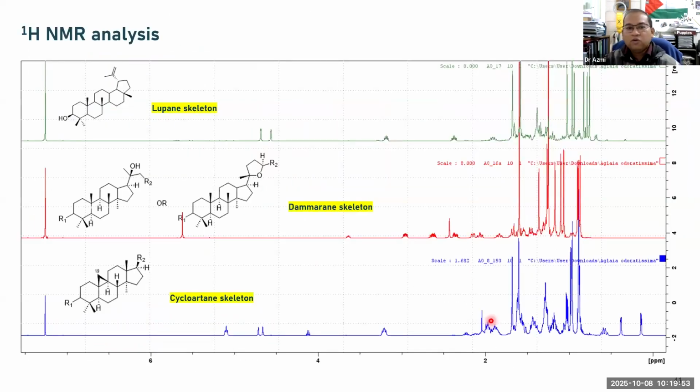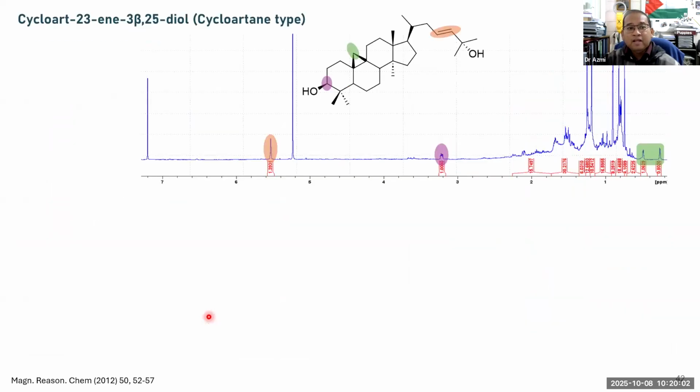From the proton NMR, we also realized they have lupane skeletons, dammarane skeletons, and cycloartane skeletons. So we are really happy with that. Okay, so these are the compounds that have been isolated. The first compound is